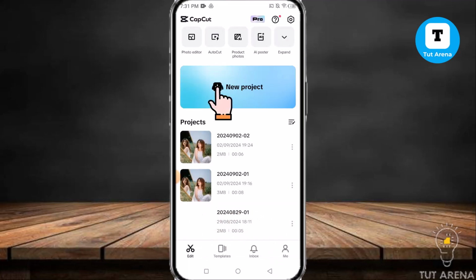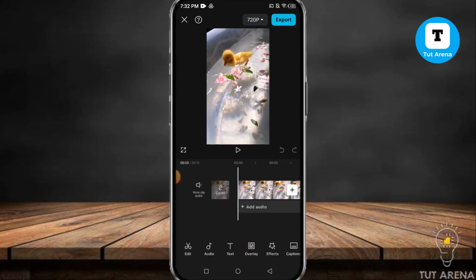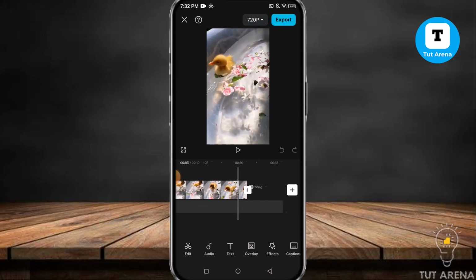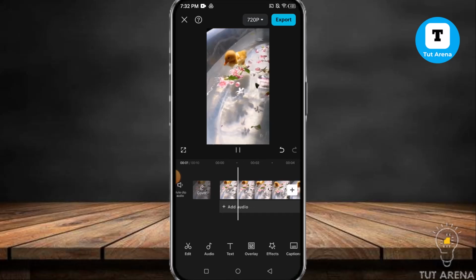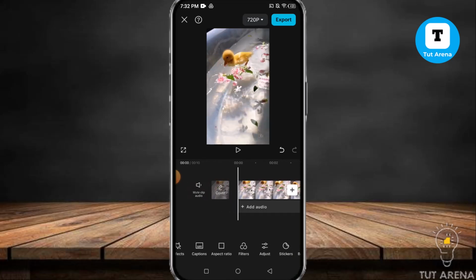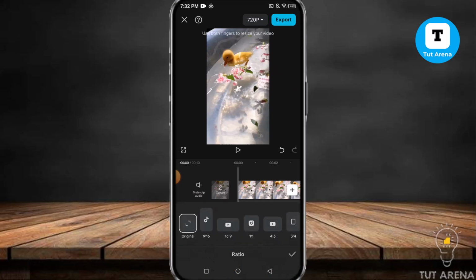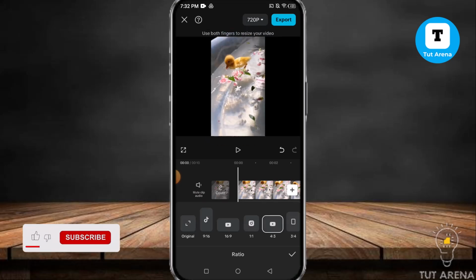Now tap on new project. Here select the video and then fix the canvas. For this, scroll like this and then tap on aspect ratio, and here select which app you want to use to upload your video and then select the